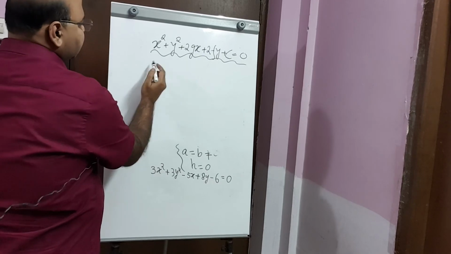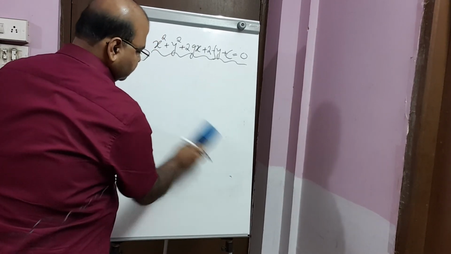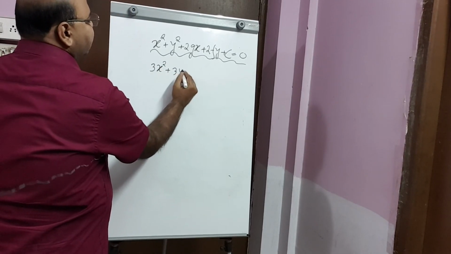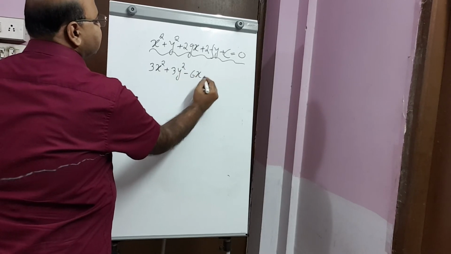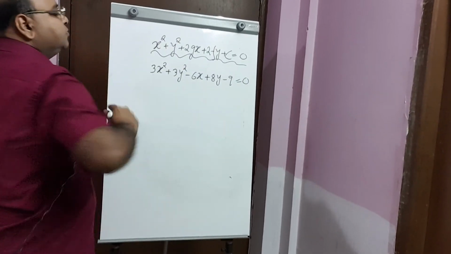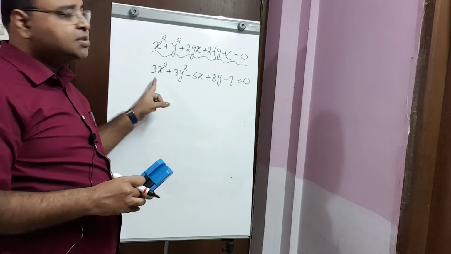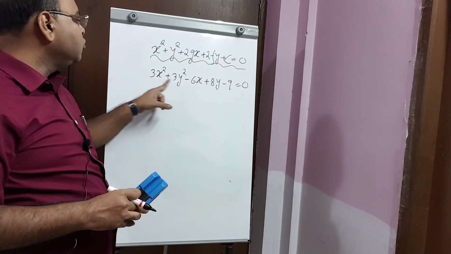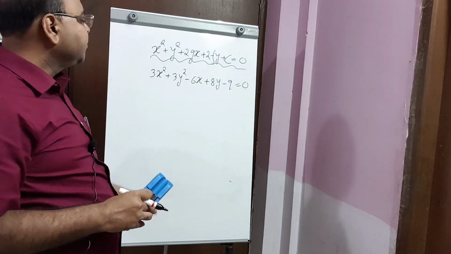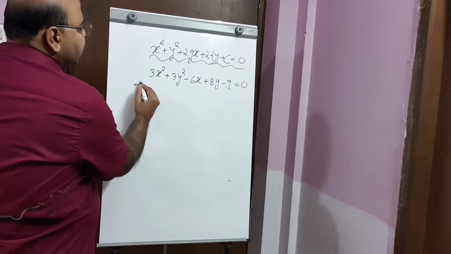and here we have the circle, say let us take another equation, say 3x square plus 3y square minus 6x plus 8y minus 9 is equal to 0. So as we can see, this represents a circle, both conditions being satisfied: coefficient of x square equal to coefficient of y square not equal to 0, and there is no product term xy, so this is a circle. Now to find the center and radius of this circle, first we have to divide both sides by 3,